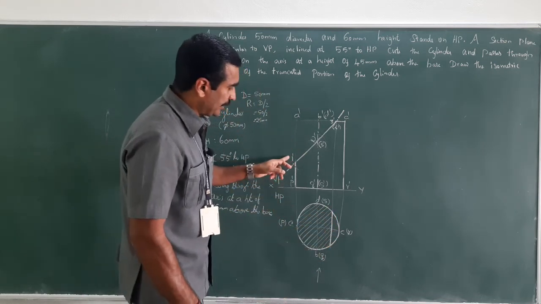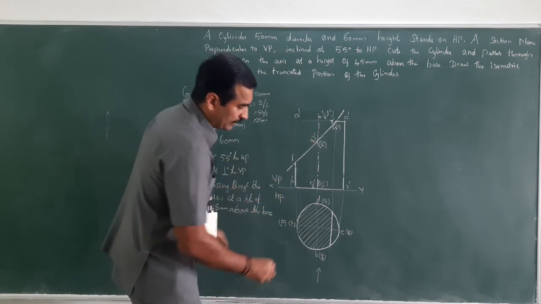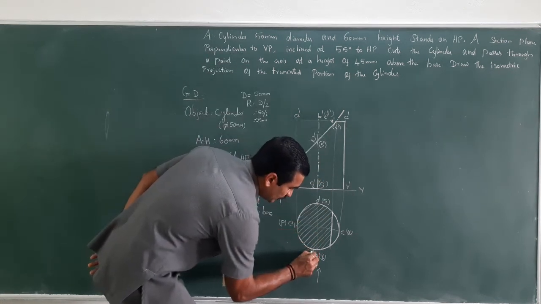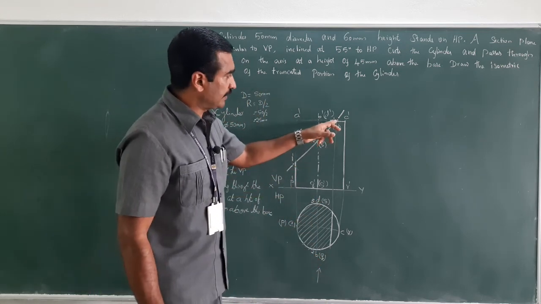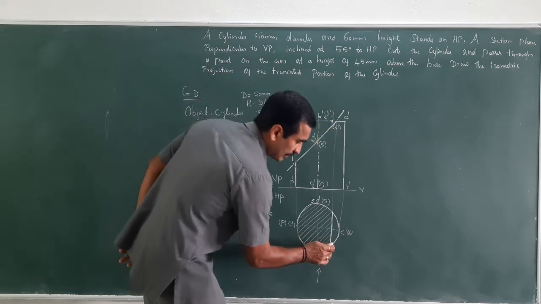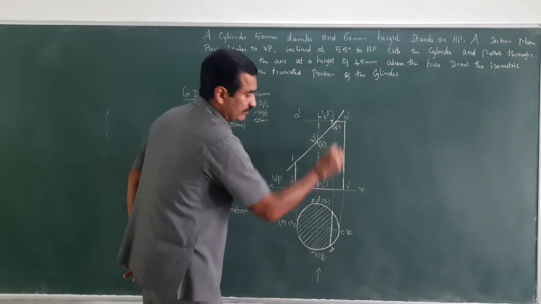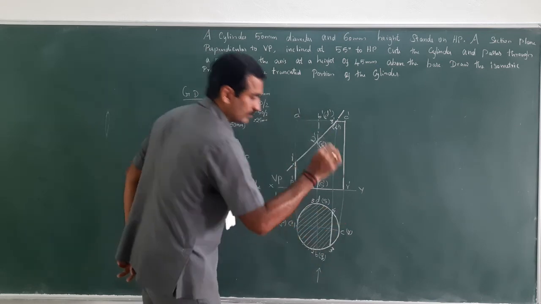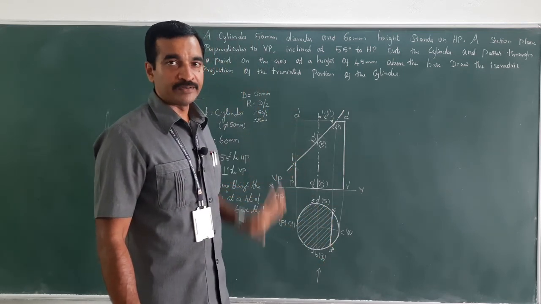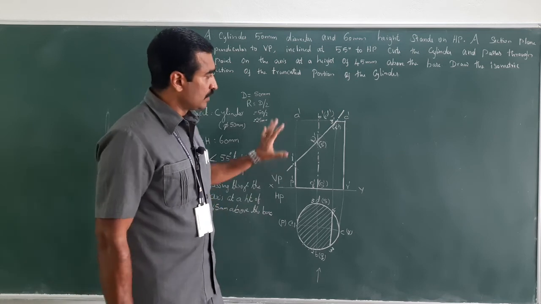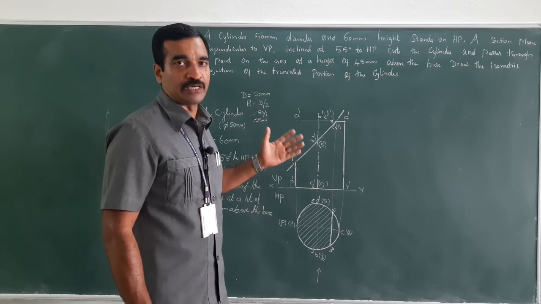Look here, the point 1 is somewhere here, 1, and 2 and 5. 2 is on BQ, so point 2 is here, point 5 is here. What about 3 and 4? 3 is visible, therefore it would be somewhere here, 3. 4 is invisible, so it would be behind it. So 1, 2, 3, 4, 5, these are the newly generated points. With this, I have completed the orthographic view, that is the 2-dimensional view, 2D.